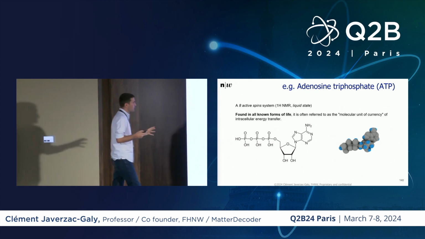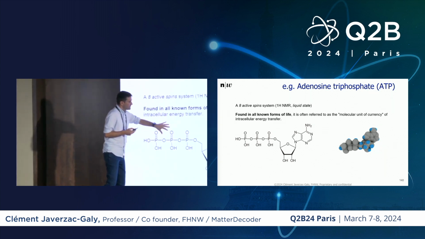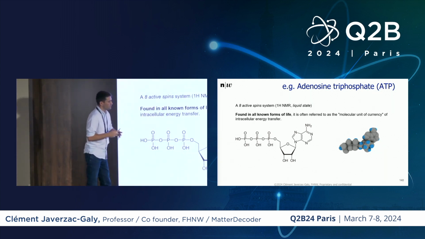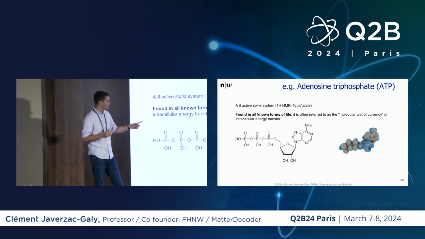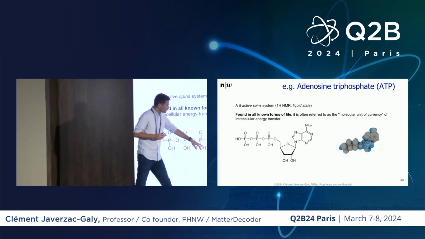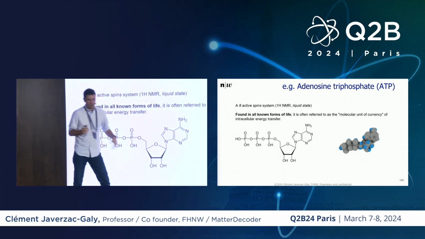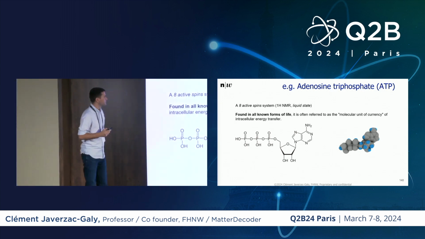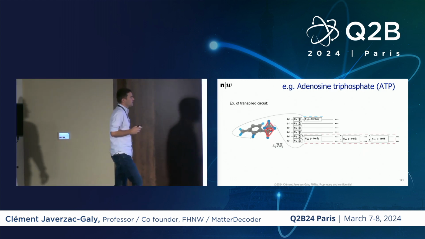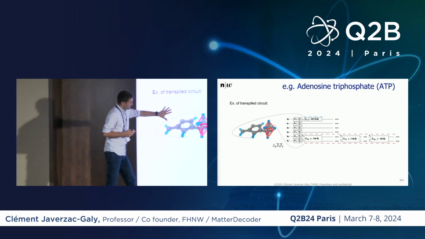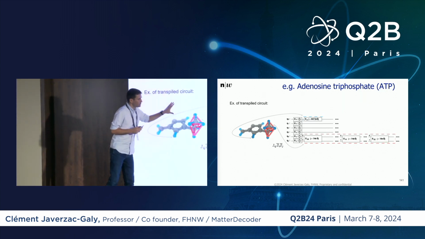And you see that for 8 spins, we can already be on molecules with a large number of atoms, because here we only have a few hydrogen atoms that are useful in terms of NMR. Actually, I just realized this is not ATP for this figure,